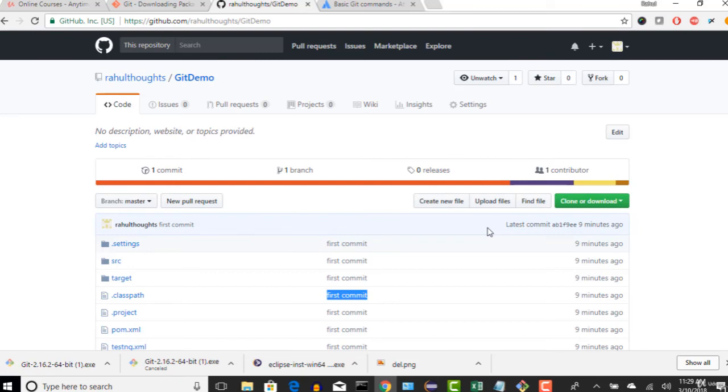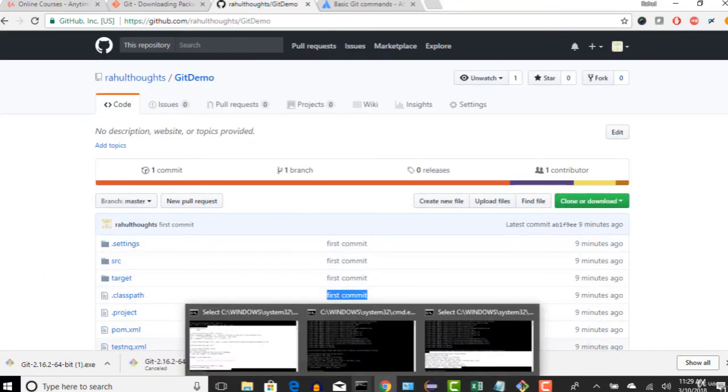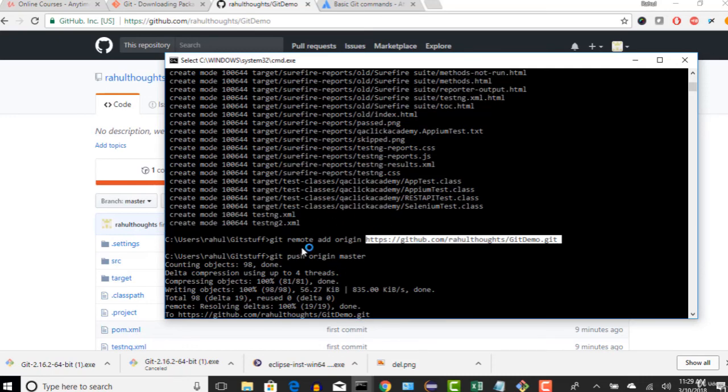So in real time, you will actually have this link from your company. They will have their own Git repository, right? That could be anything. You might not see it as github.com because they will buy a domain to host this, so they will have their own link. Just ask them what your Git origin remote URL is. Take this and you can just do all this staging, committing, and you can push directly.